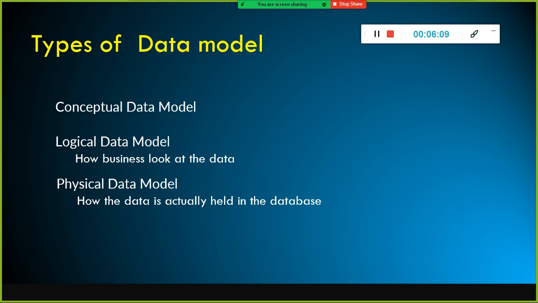You need to find out the pain points from your stakeholders by conducting workshops with each line of business managers. Each department manager, you need to conduct a workshop in order to understand what pain points they are currently facing. And then you come up with some kind of solution to address their pain.